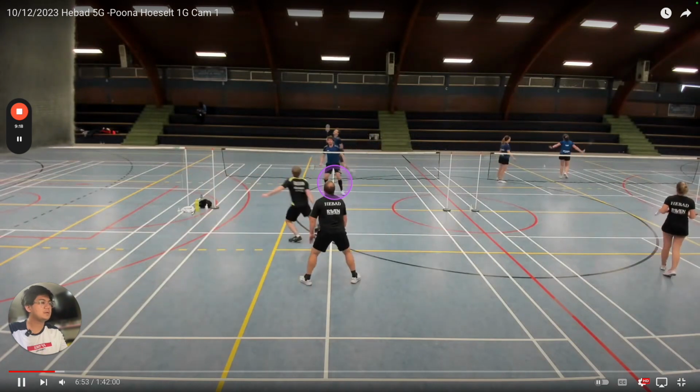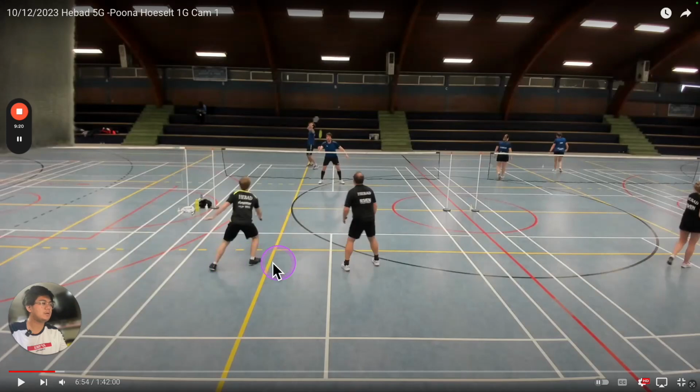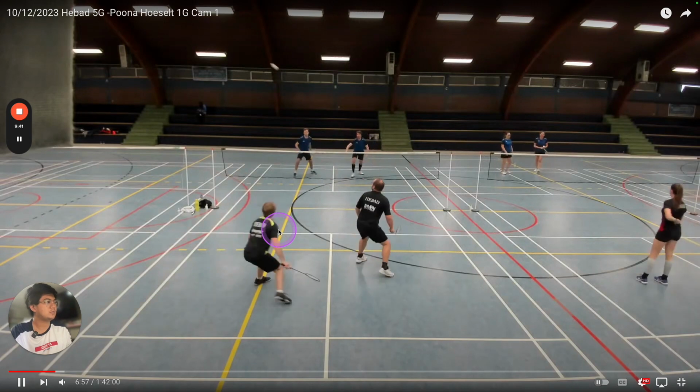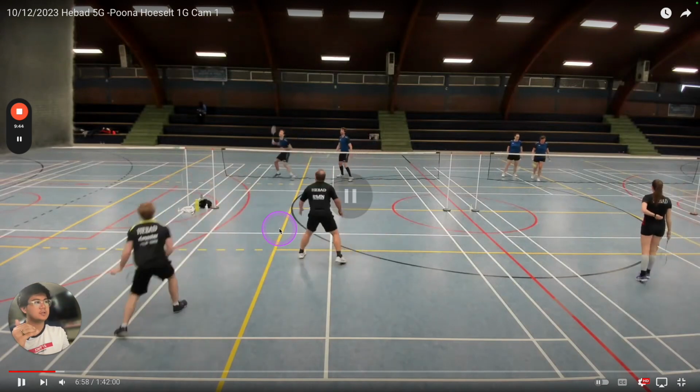I also think, yeah, you're way too far forward. If they do decide to smash this, you're way too far forward to defend anything, because they hit quite hard, right? You should ideally be standing maybe here, or even further back, just depending on how much pressure they're putting on you, right? But this is also the reason why this clear makes you guys so late, even though it's quite short, right? If you were further back just a little bit, I think you would have gotten to it perfectly on position.